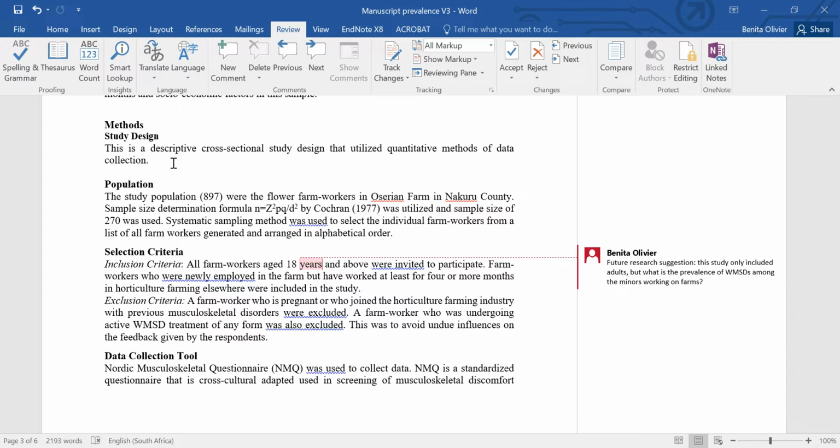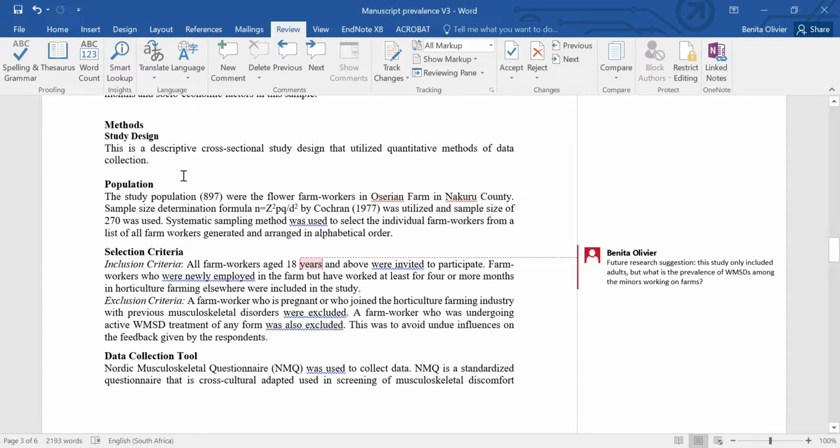If that didn't happen, and even if it did happen, it's still worth using the method that I'm going to show you now. So I start with the methods section, and I slowly, thoroughly read through it as if it's the first time I'm seeing it. While reading through it, I'm trying to think of the various discussion points. What are they? Which points do I need to clarify for my reader, or show my insights, or shed some